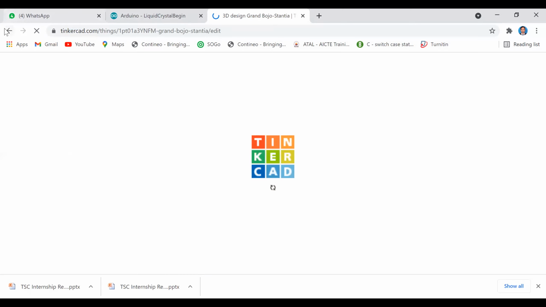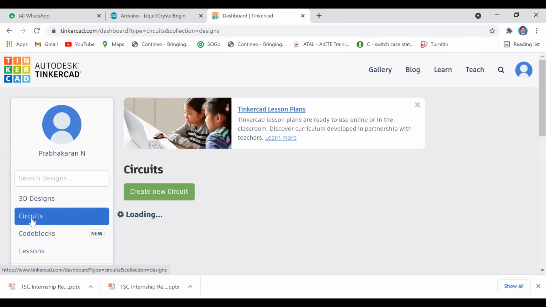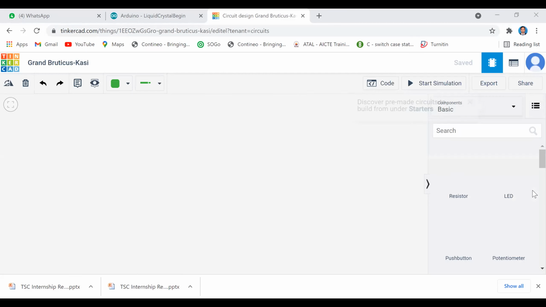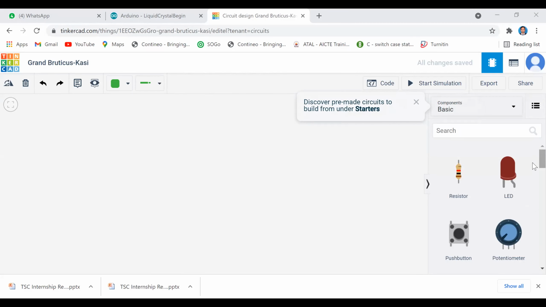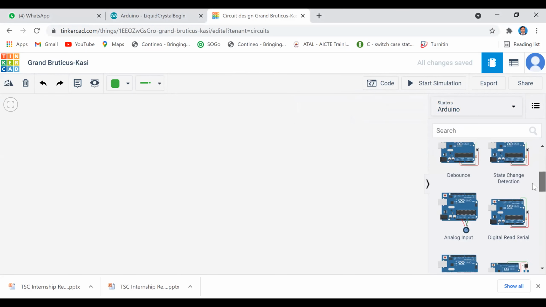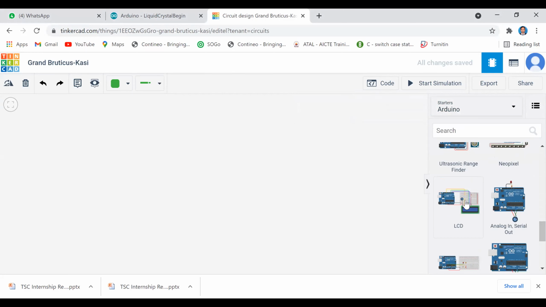Sorry, it is 3D design. Go to circuits, create a new design. Here we go to the components, Arduino components. You can check out the LCD interfacing. It is already available. Just drag it.